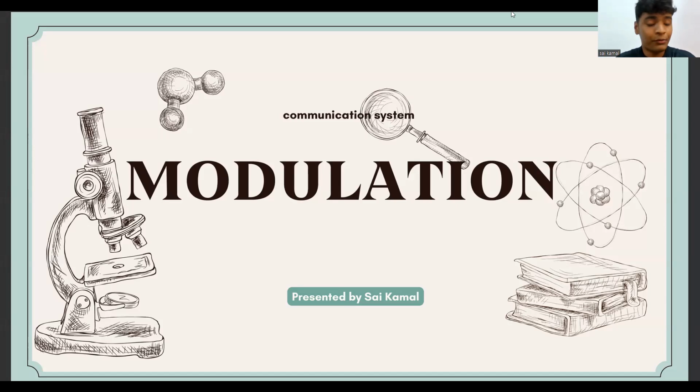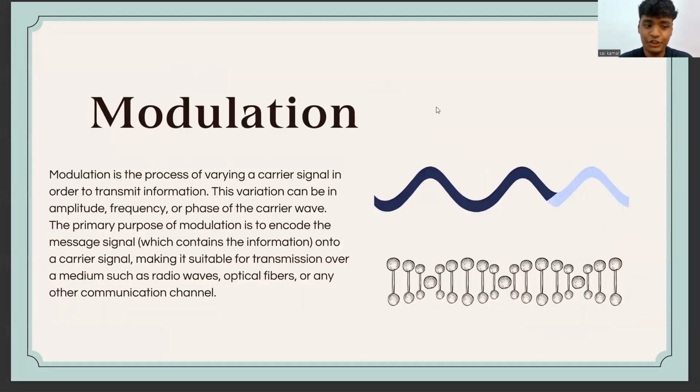So let's dive into the topic. Before going into the main topic, let's discuss what modulation is. Before reading the textbook definition, I just want to say that modulation is a process where you vary the carrier signal according to the modulating signal, and we mainly use modulation to encode the message signal, which contains some data or information, onto a carrier signal, which makes the transmission easy and suitable from source to destination. For example, we use it in radio waves, optical fiber, or any other communication channel,